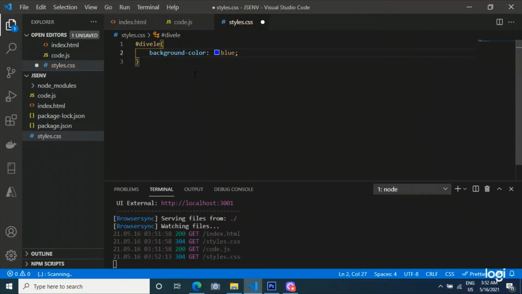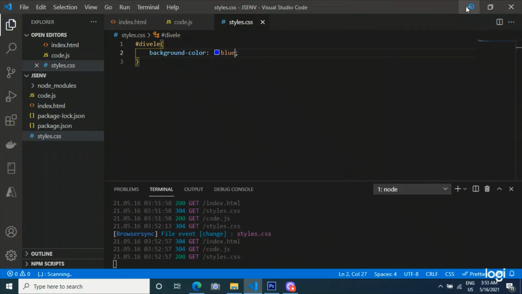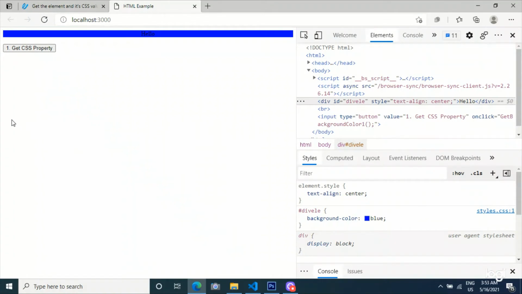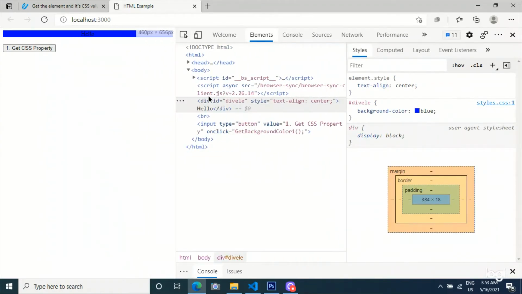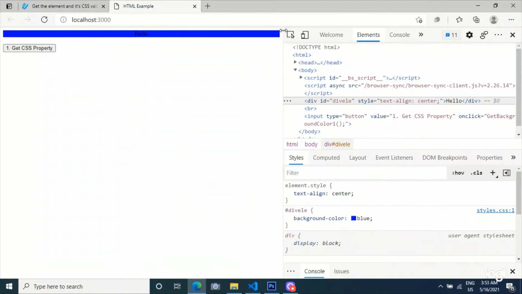I defined one CSS style, a CSS definition inside styles.css. Now see, the div occupies the full width of the device, from here to here, so it occupies the full width.